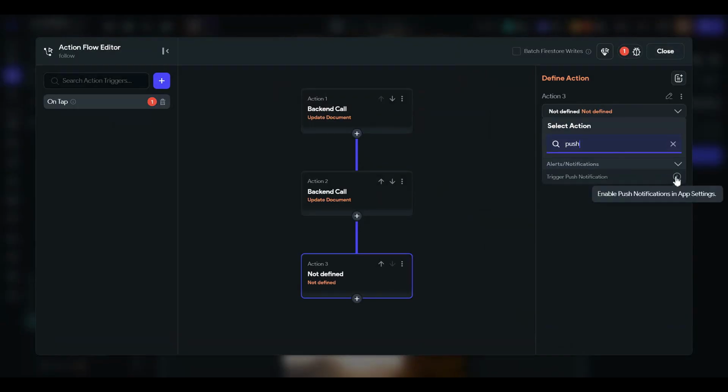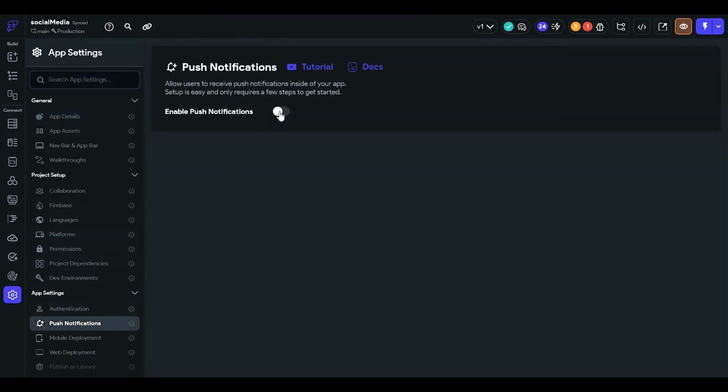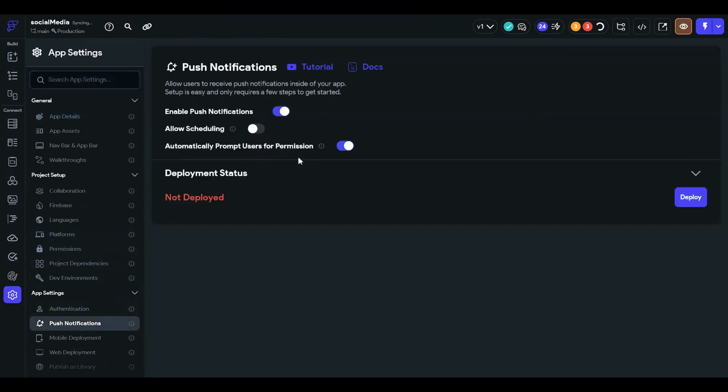We have not enabled it yet. So what is this saying? Enable push notification in app settings. Here we have the push notification option: enable push notification and deploy. I think deploy takes some time.